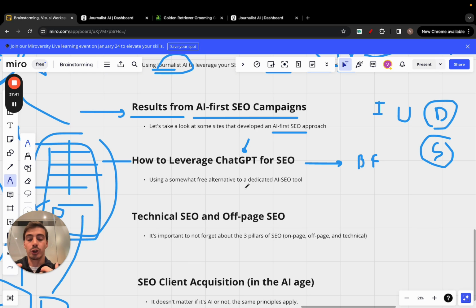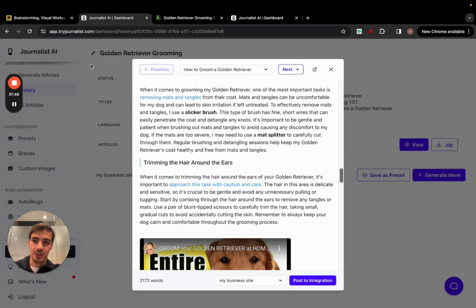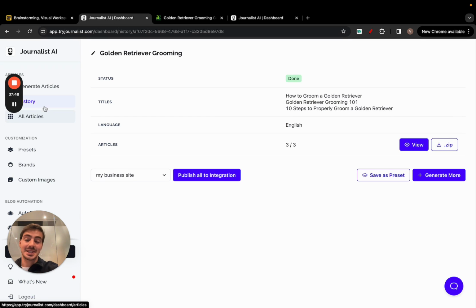But again, if you want to automate the whole process, a dedicated AI-first tool is ideal, because Journalist AI is an AI SEO tool. ChatGPT is a tool for anything related to productivity, right? Or anything at all, right? Using these AI-tailored or AI SEO-tailored tools, it is a smarter move. Again, I'm not just saying this because I own the tool. I'm saying this because it's what I've seen work better if you use AI SEO tailored tools.